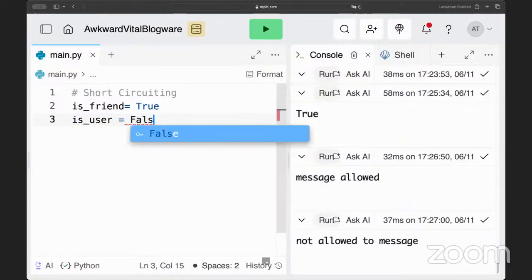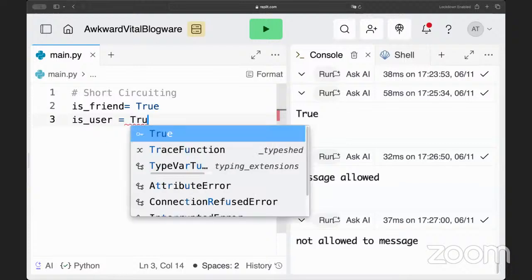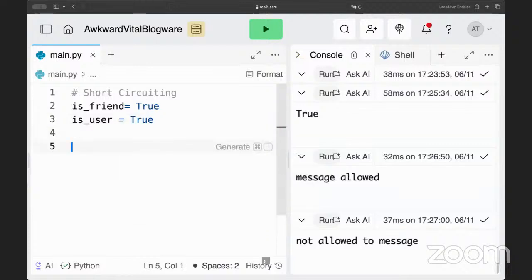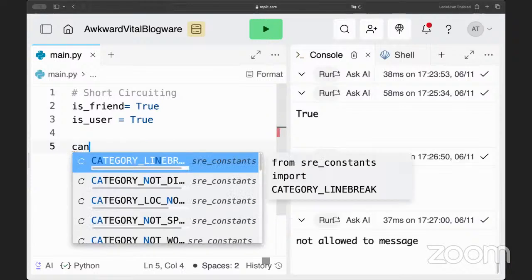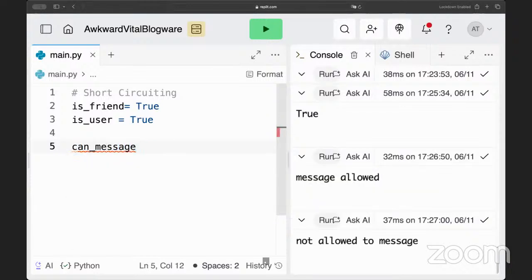And if is user is also true. Okay. Now let's try to create can_message.